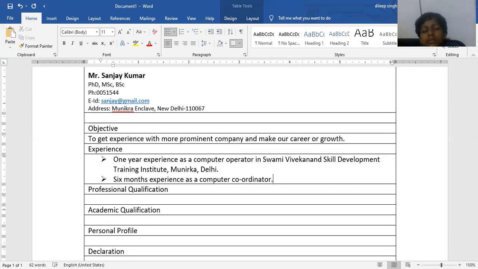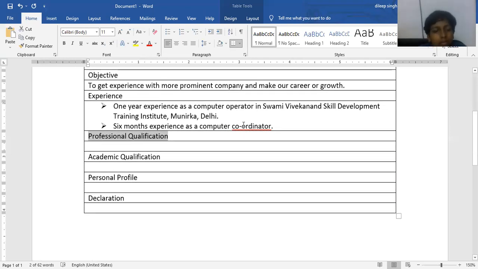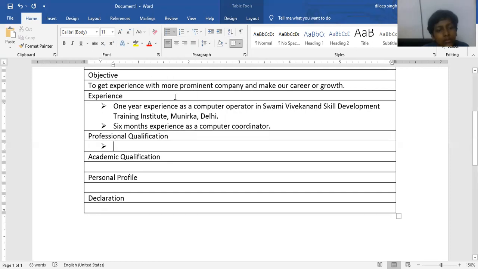Okay, and after that, if you have a professional qualification, if you have some diplomas, then you can go for this option. Here a red color comes up because it's a grammatical error. Just removing the dash symbol will make it correct. Okay, so the red underline shows grammatical or spelling errors. Okay, you can go for this option and just correct this. And another one, that is the professional qualification. You can also use the bullet listing. Just go for this and use the same symbol like this.